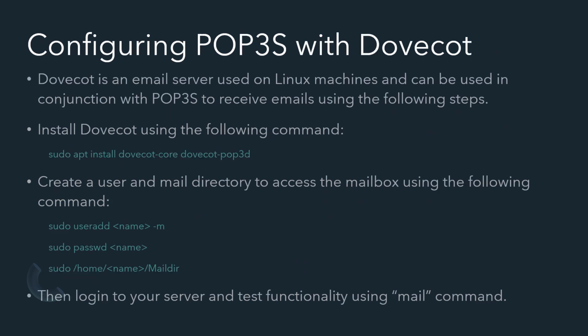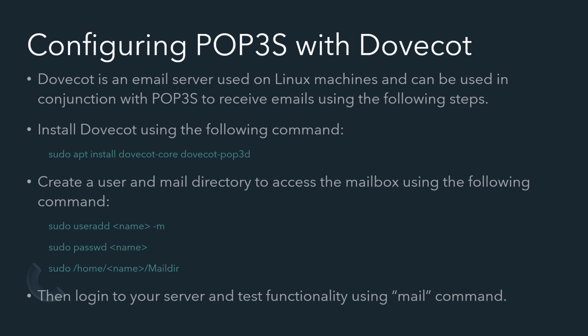Now we'll discuss how to configure POP3S with Dovecot. Dovecot is an email server used primarily on Linux machines and can be used in conjunction with POP3S as an email server. And the following steps are how to instantiate that. First is to install Dovecot using the following command, sudo apt install dovecot-core dovecot-pop3d. Next, you will create a user and mail directory to access. That is done using the following commands. All need to be under a sudo user